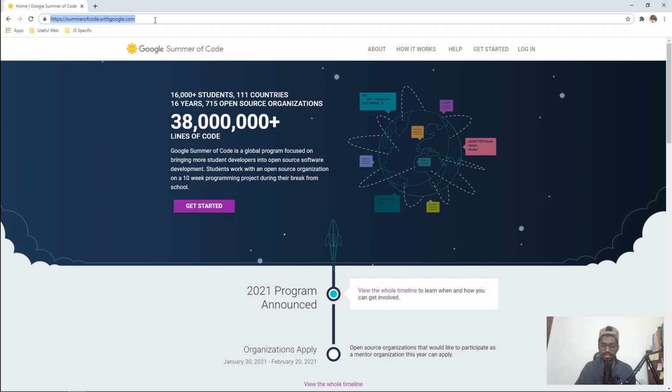So let's deep dive and talk about what Google Summer of Code is. In layman's terms, it is a global program where student developers come in and the organizations come in and they are merged to work on a project, right? First and foremost, who are open source organizations?